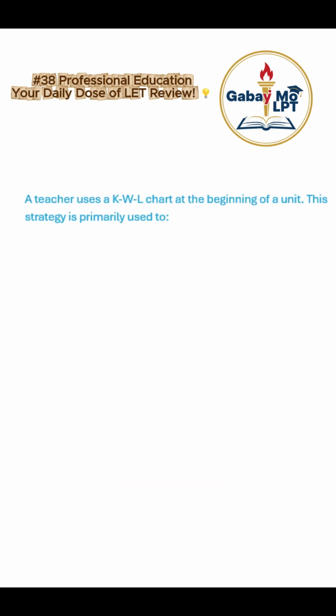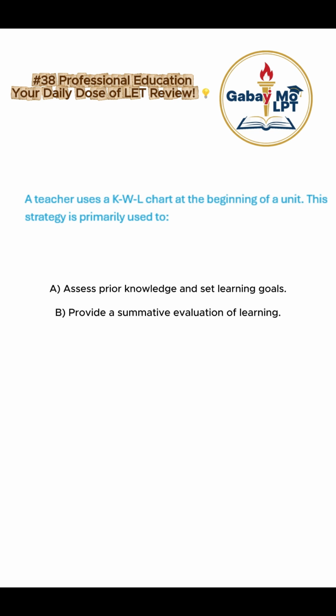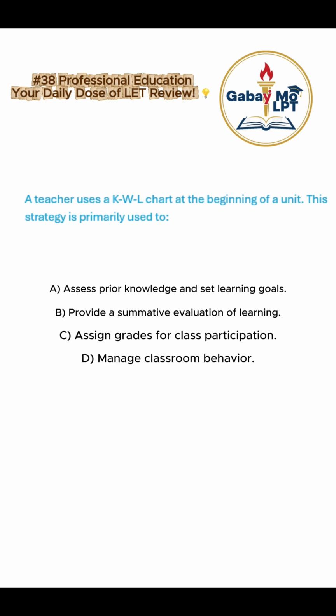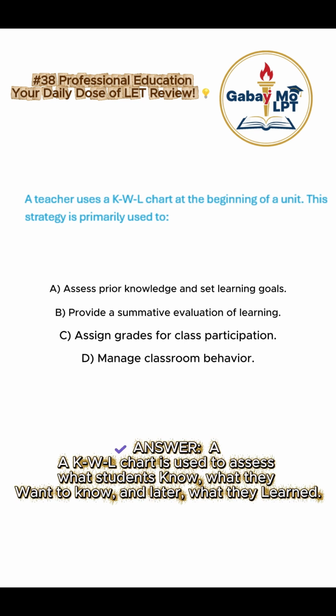A teacher uses a KWL chart at the beginning of a unit. This strategy is primarily used to: A. Assess prior knowledge and set learning goals. B. Provide a summative evaluation of learning. C. Assign grades for class participation. D. Manage classroom behavior. Answer: A. A KWL chart is used to assess what students know, what they want to know, and later,